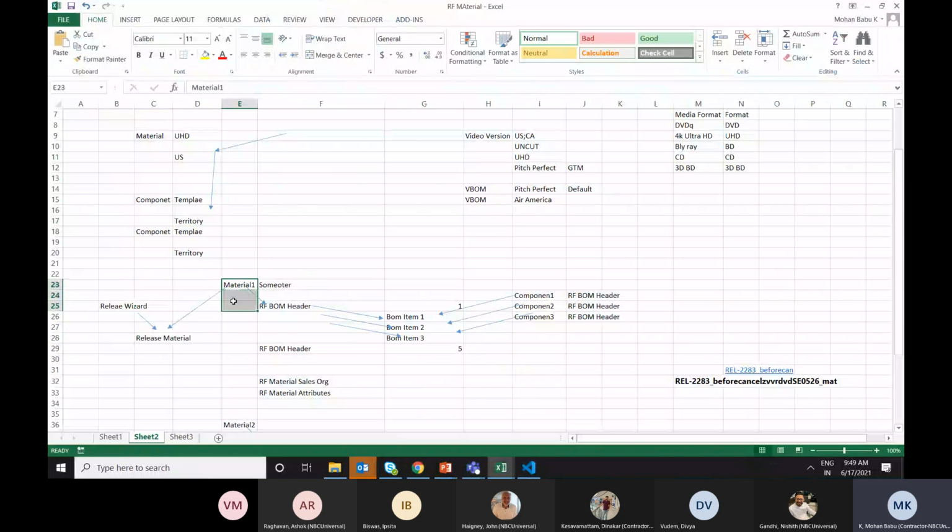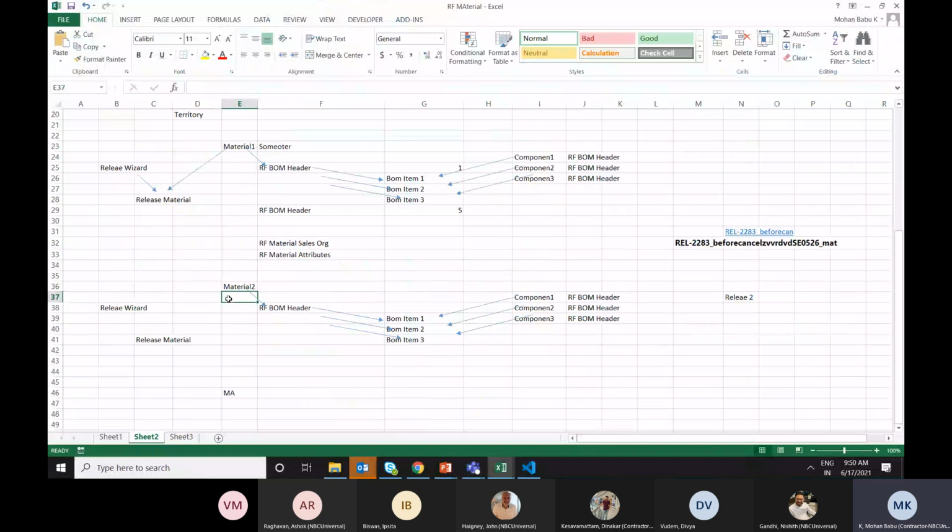So for example, if you are having 3 materials, material 1, material 3, material 4, I need to take all these 3 materials. So I'm going to submit this release, and this release is having the release material. We used to have 3 release materials, and these 3 release materials will be having these 3 materials.